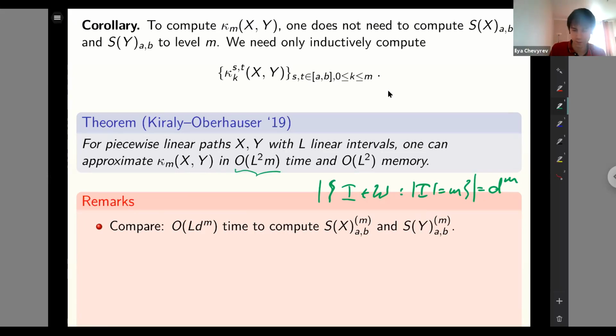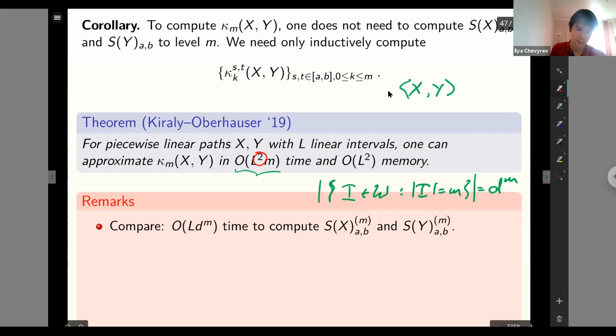So if computing the inner product between two vectors x and y takes some fixed amount of time, then you would multiply this whole thing by that amount of time. But this certainly doesn't scale exponentially in the dimension. So there's a really large reduction in computational complexity if you perform this computation recursively rather than computing the signatures first. There is a small trade-off in that you have an L squared computation here versus just an L over